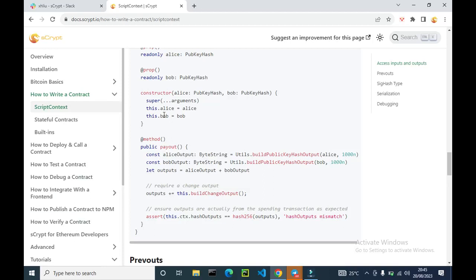So I hope you understand what script context is, and if you have any question, please